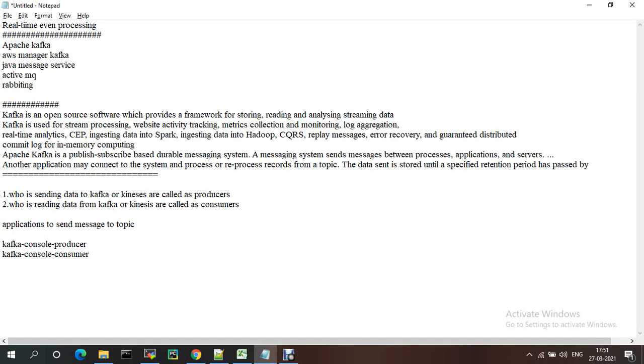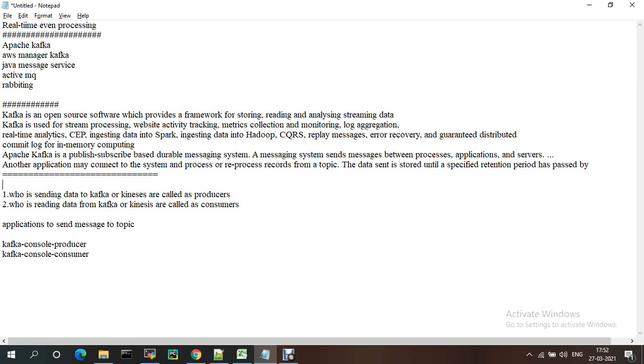In Kafka there are two main components: the Kafka producer and the Kafka consumer. We have a cluster kind of setup, so we need to install Kafka and add the nodes. Suppose for example we are in a supermarket and we purchase one item.